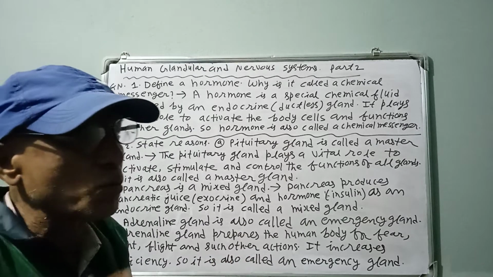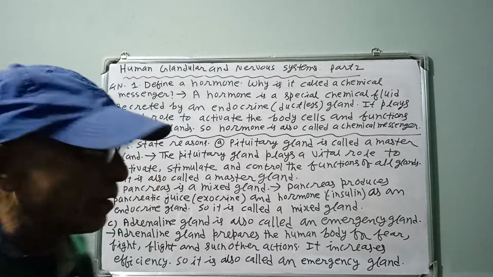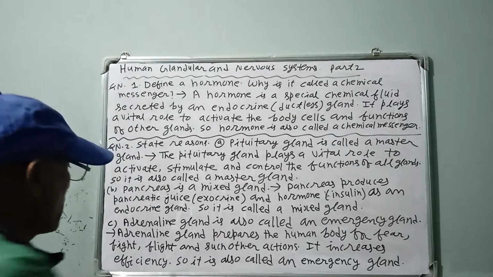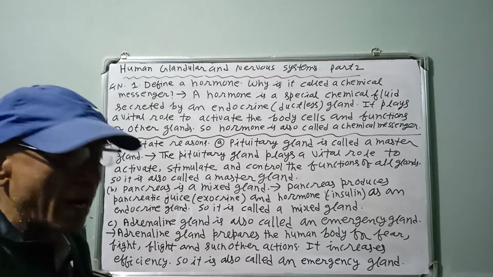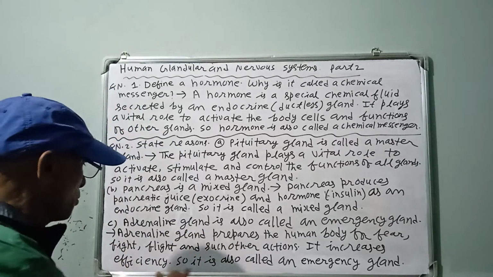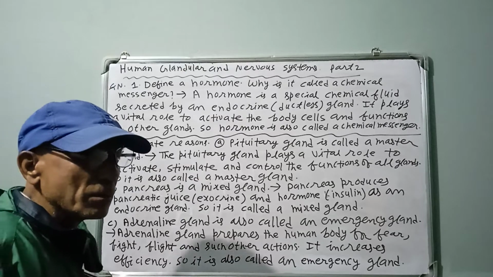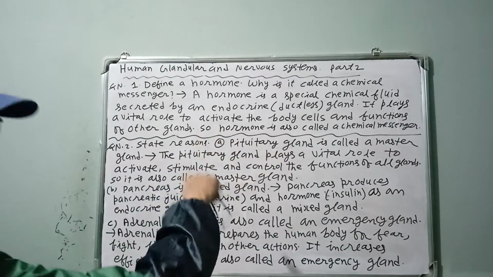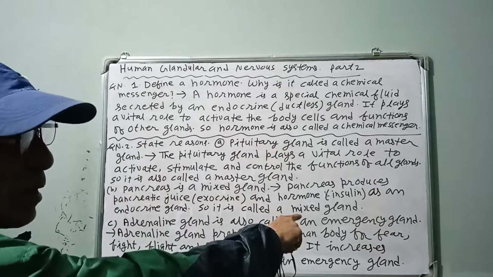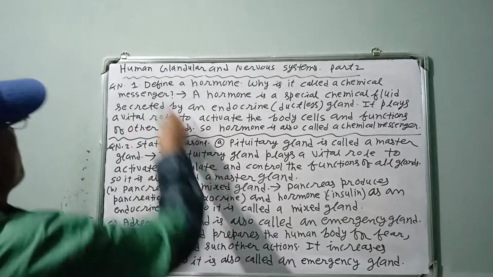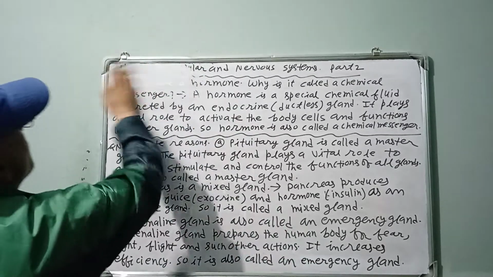हामीलाई कुनै ठाउँबाट रुखबाट हाम फाल्न, छतबाट हाम फाल्न पनि गाह्रो हुन्छ. एक्कासी यस्तो काम गर्न गाह्रो पर्छ. बट एट द इमर्जेन्सी केस, द एड्रिनलिन ग्ल्यान्ड मेक्स आवर बडी, prepares our body to increase the efficiency just to save life. So it is called emergency gland. Master gland, master काम गर्ने भएको. मिक्स भनेको दुईटा काम गर्ने. इमर्जेन्सी भन्नाले इमर्जेन्सीमा काम गर्ने भएको. Question number 1, 2 finish.